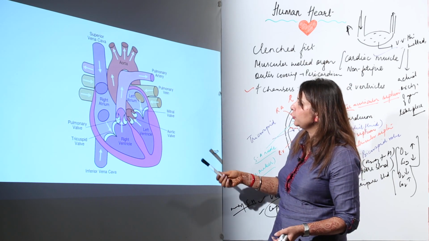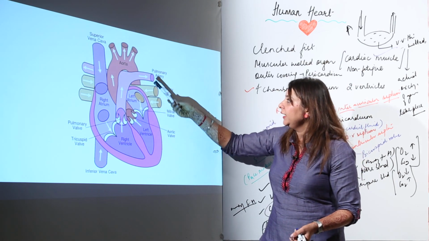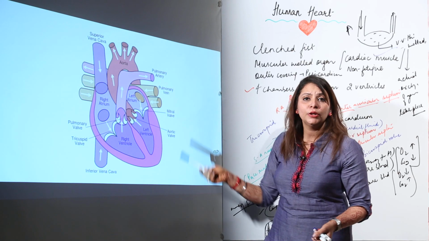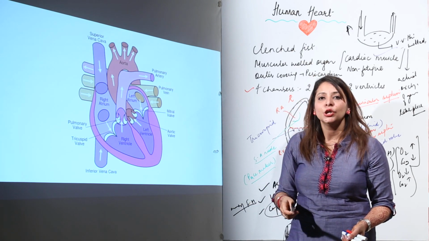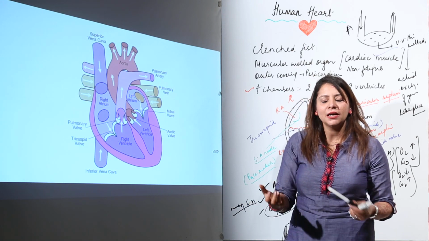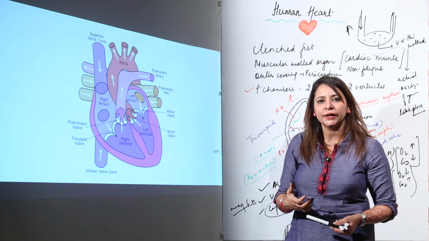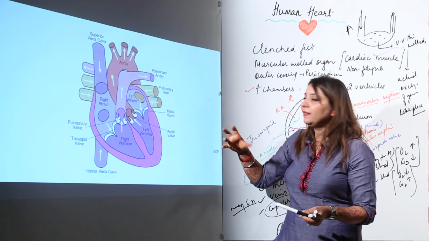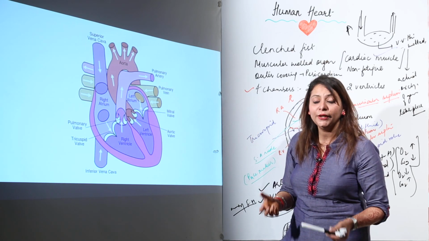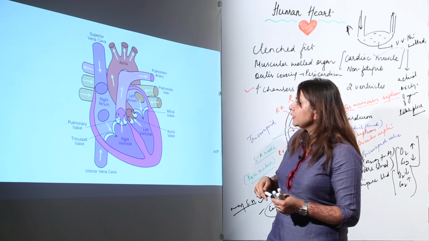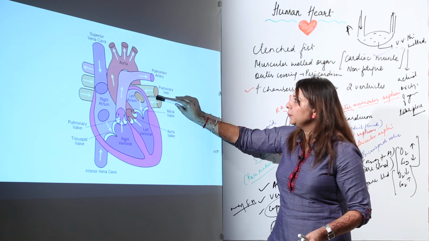The other vessels you can see are the pulmonary artery and the pulmonary vein. As you know, the word pulmonary is concerned with the lungs, so obviously they will be doing something with the lungs, and we will take that up in the working, where they are coming from, where they are going, or what they are carrying. So I am just leaving it for now.